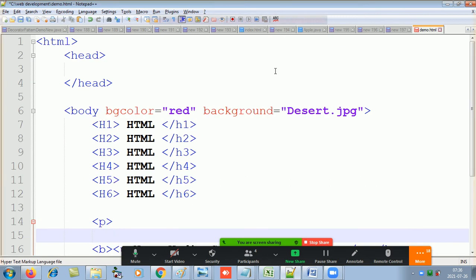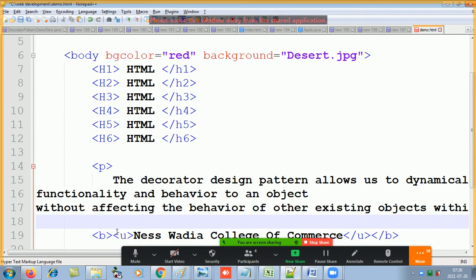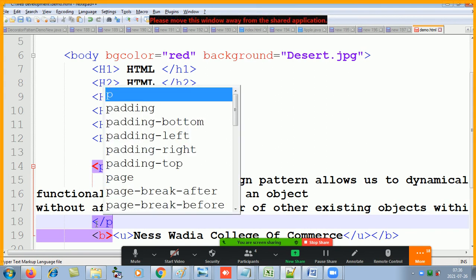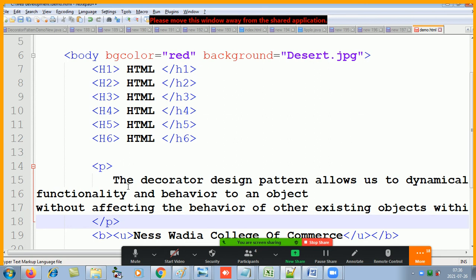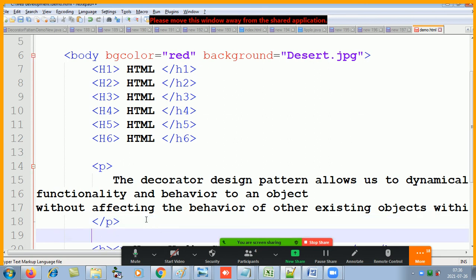Whatever I have written in this p will be considered as one paragraph.